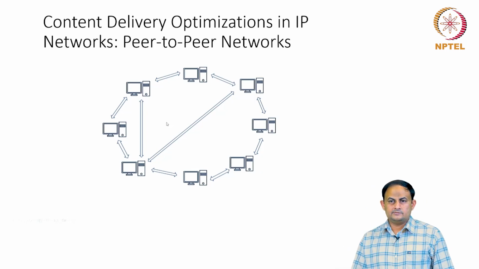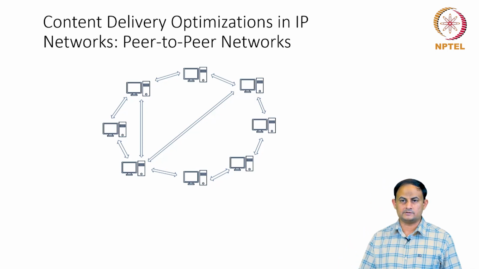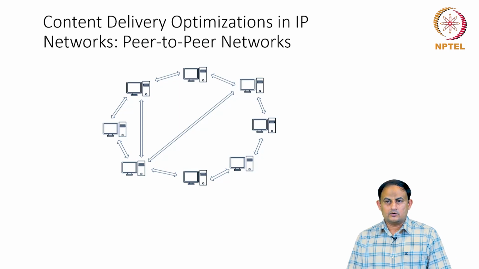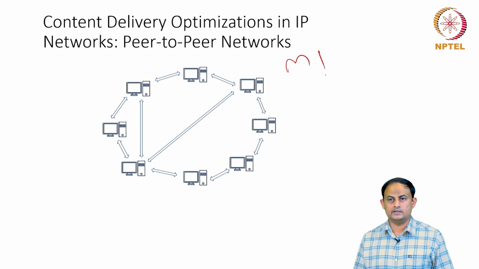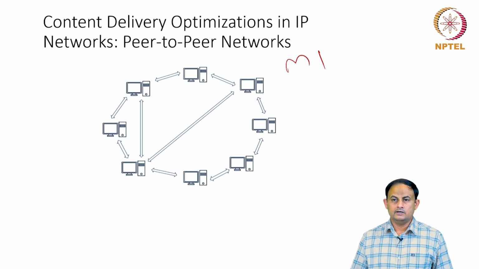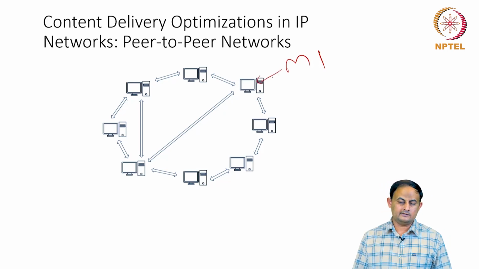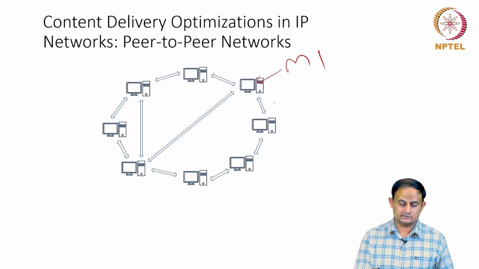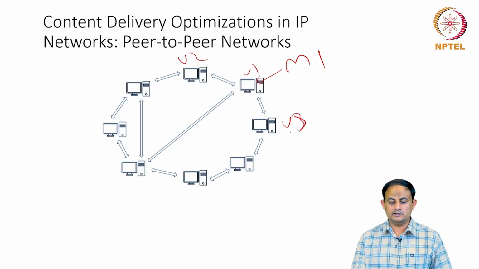The other mechanism that is popularly used in today's TCP/IP network is something called a peer-to-peer network. You can think of this as an overlay network. Let us say I have a movie, let us call it M1, and some user which is part of this network downloads that movie for the first time. And let us say the other users, this is user 1, user 2 and user 3, when user 3 and user 2 ask for the same movie,